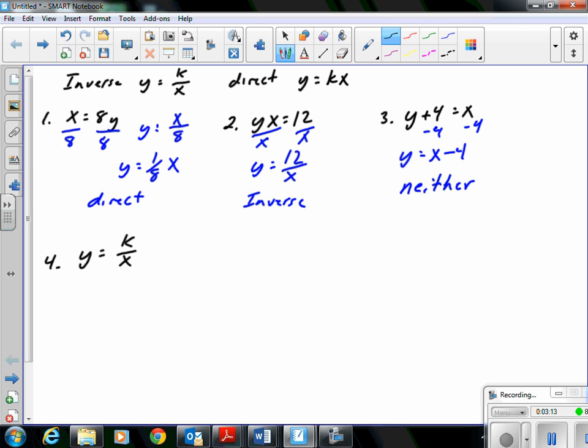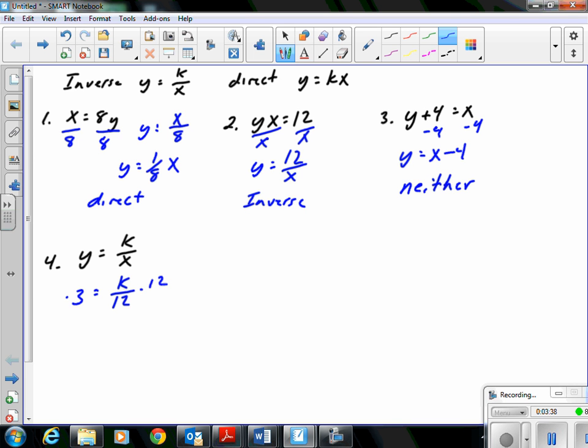So based on this, our x equals 12 and y equals 3. So if I plug in 3 for y and 12 for x, we solve for k